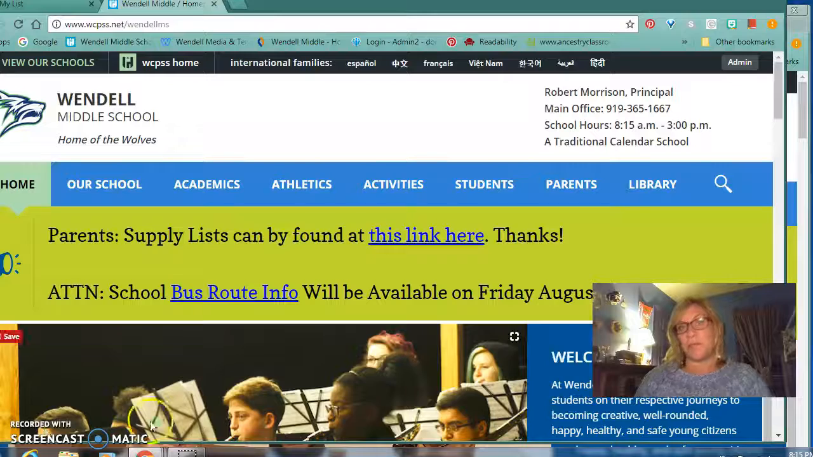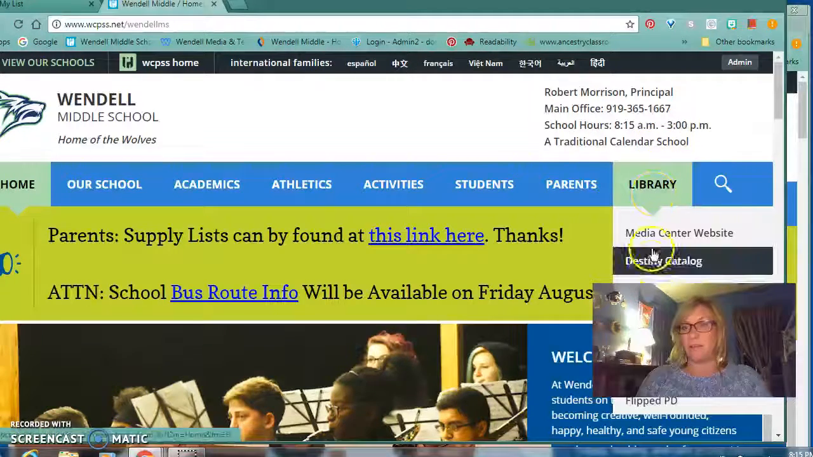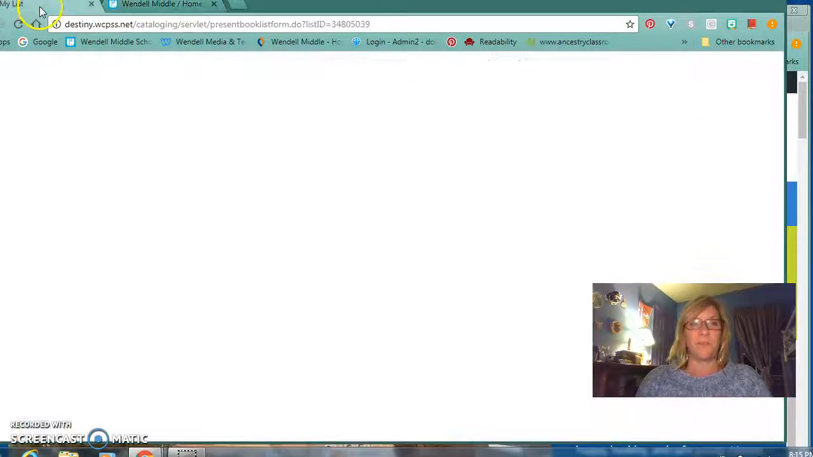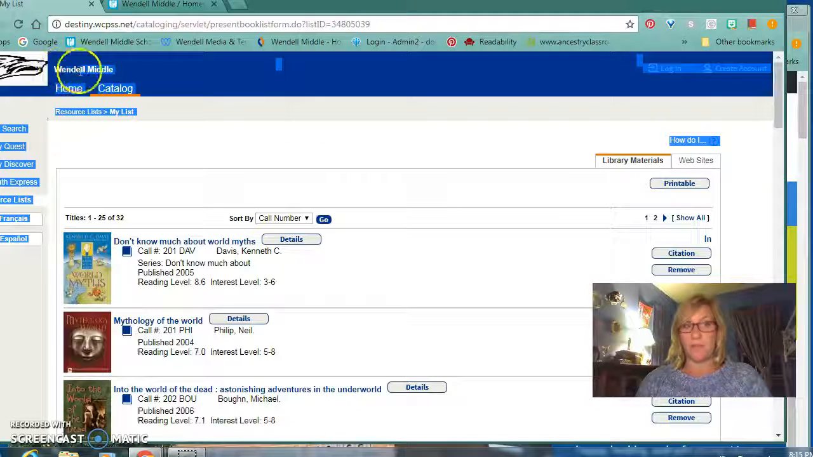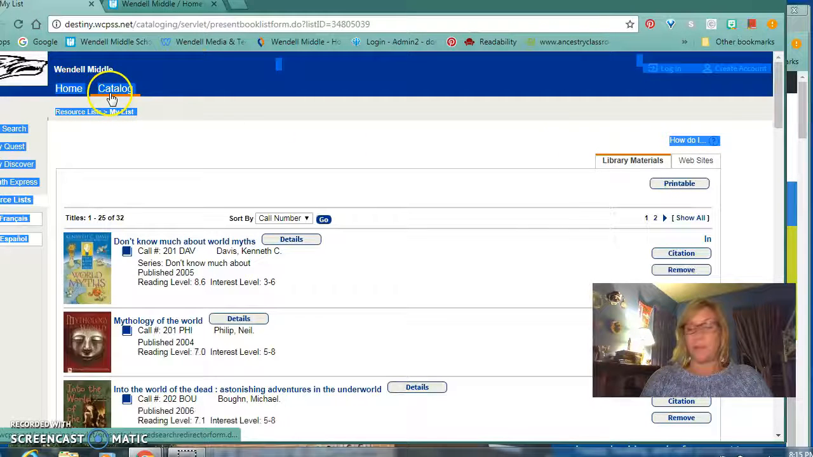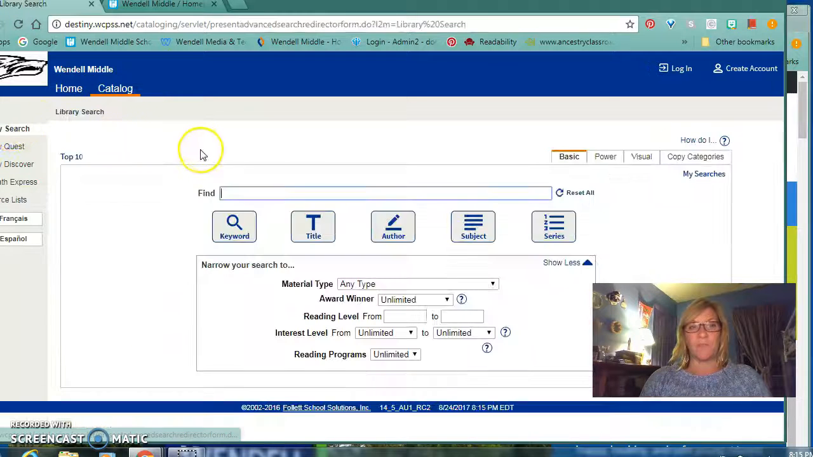If you go to our library page on the school website and look under the Destiny Catalog, click there and you'll come up to the Destiny Catalog website. You would have to select Wendell Middle from the list of schools and then click on Catalog to get where we are right now. If I'm doing a search, click on the search bar and you want to type in